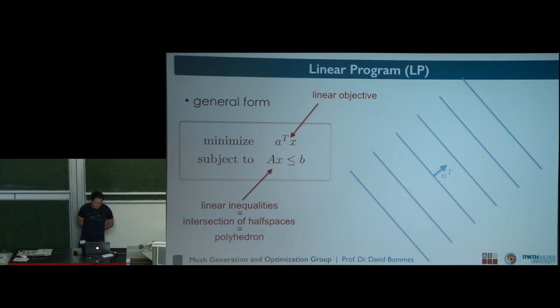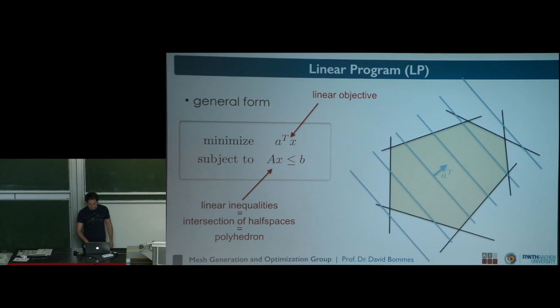Now if I look at the inequality constraints, each inequality constraint is an affine function which defines a hyperplane. So we're talking here about a set of half spaces. If you intersect all these half spaces, what we get is a polyhedron. So from a geometric point of view, solving a linear program means we want to find the best corner of